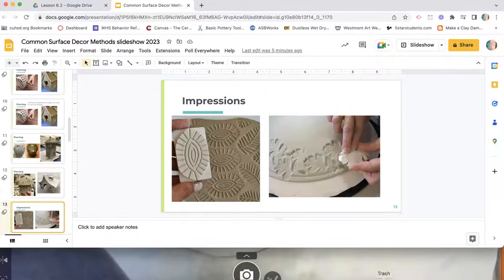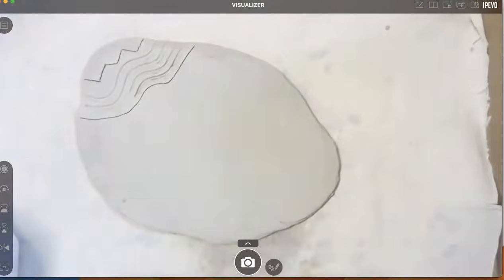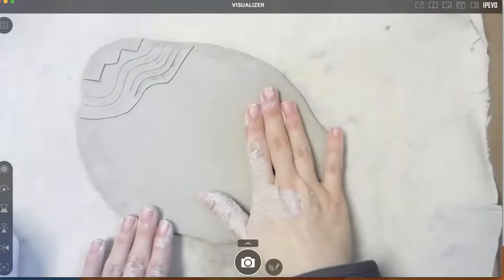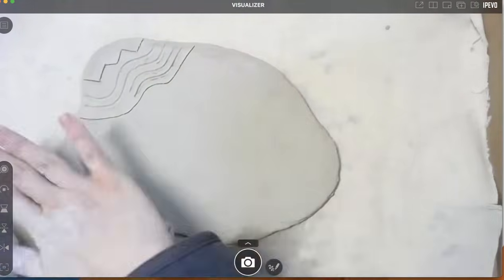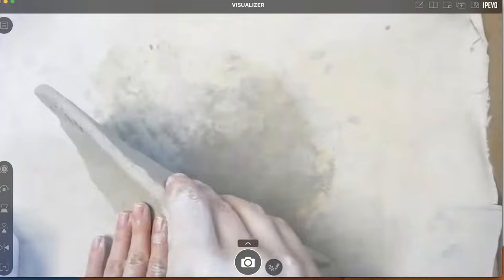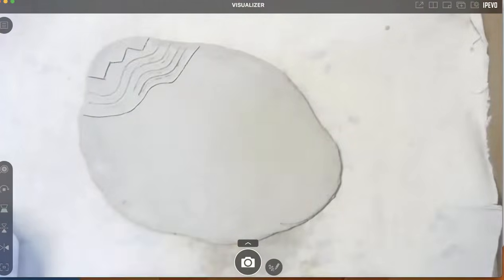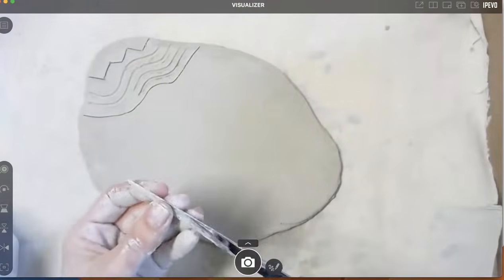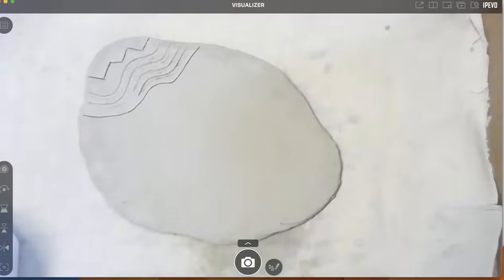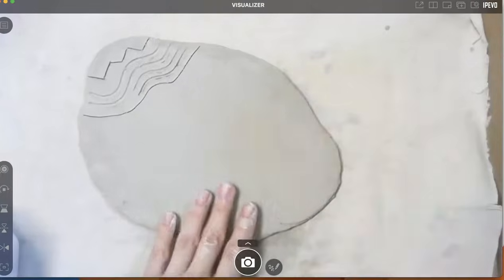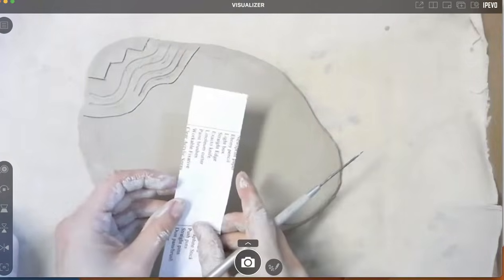So let's look at how to make piercings. Piercings are pretty easy. You don't want your clay to be super firm, but you can do piercings when your clay is flat as well as when your clay is vertical. So one way to make a piercing is just to take a fettling knife. Now, if you need a determined size, you could create a template.